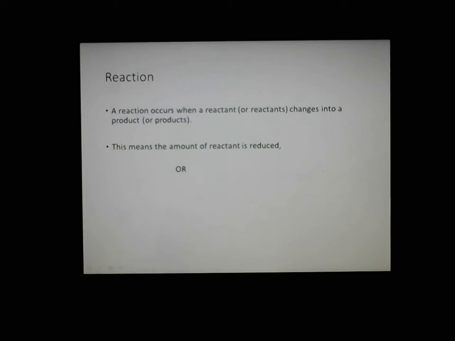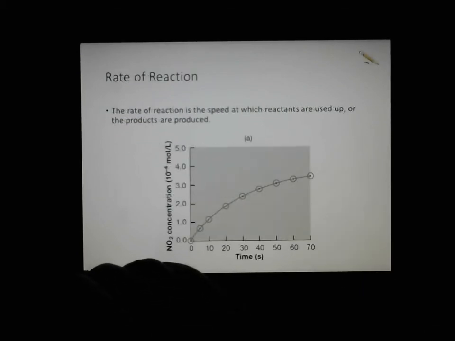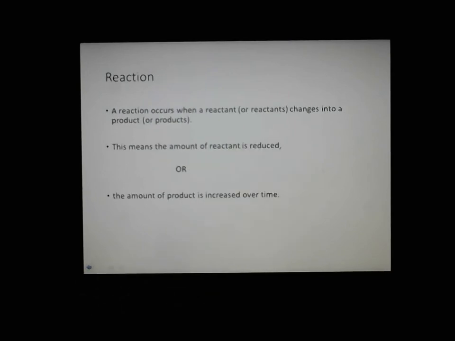If you have some sugar and you set it on fire, the amount of sugar will get less. The amount of oxygen nearby will get less, but then the products will increase over time. Now both of these are true. Reactants go down, products go up, and so that means whenever you're doing an experiment to look at reaction rates,